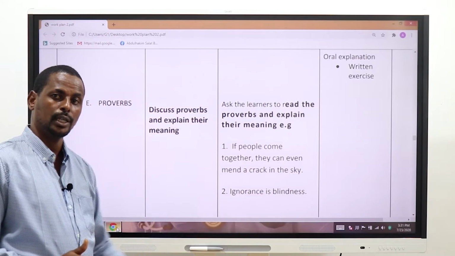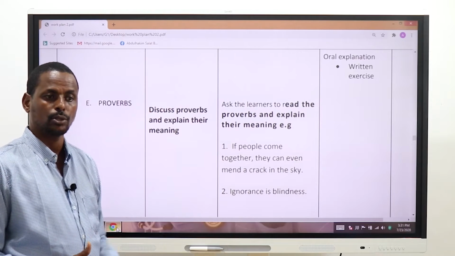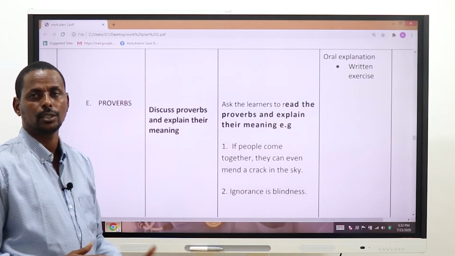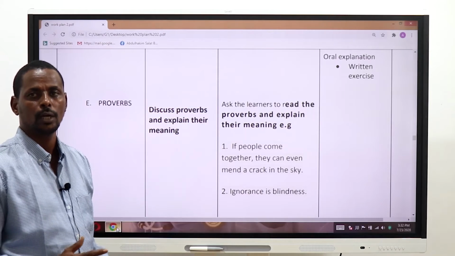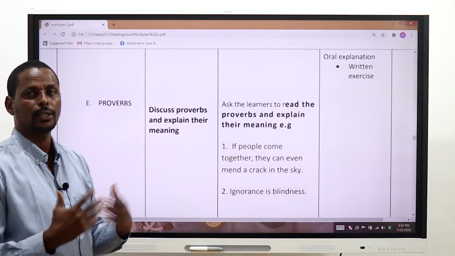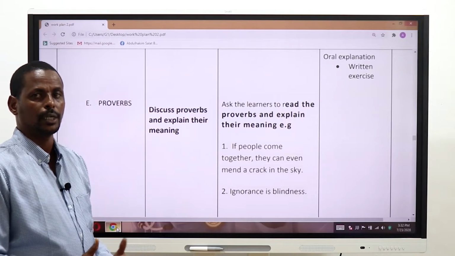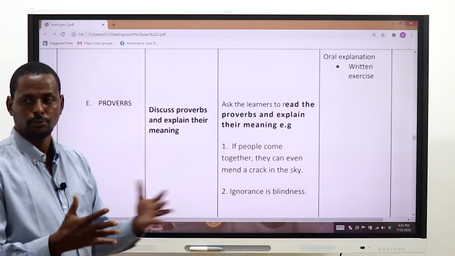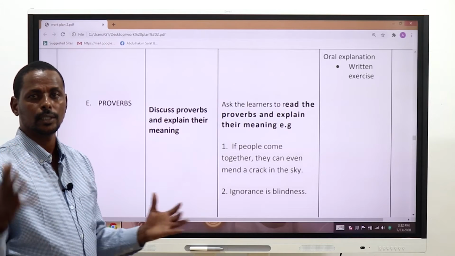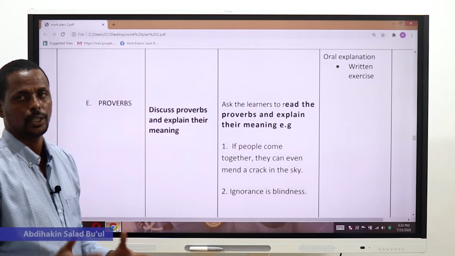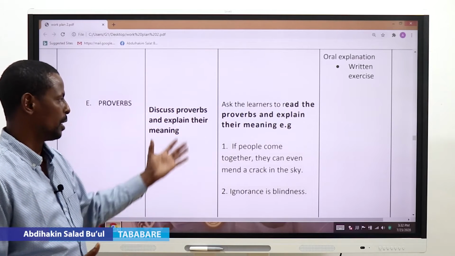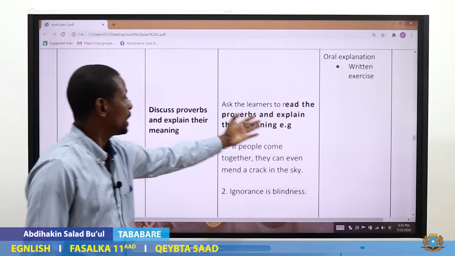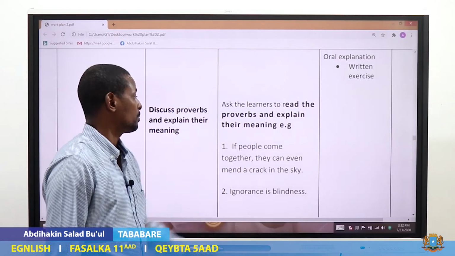Since they have already studied proverbs, it's our assumption that they have read more proverbs. There are many places, many sites, many resourceful materials to access proverbs, and they can go and look for the meaning of proverbs. They can even go home and ask resourceful people, because in literature, there are people who are very resourceful in oral literature, poets, proverbs, riddles, all this. So ask the learners to read the proverbs and explain their meaning. Example,